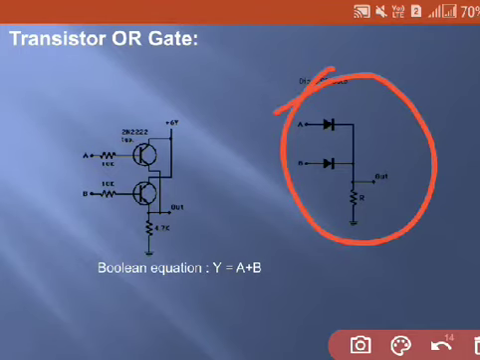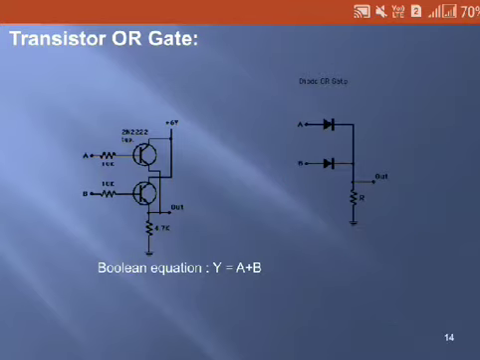For 0 0, 0 1, 1 0, and 1 1, you can analyze the same as we have analyzed for the transistor circuit. The same operation you will be getting even for this diode OR gate. So these are the different ways of implementing the OR gate. Not only with the help of switches, you can also use the transistor circuit or diode circuit for implementation of OR gate.